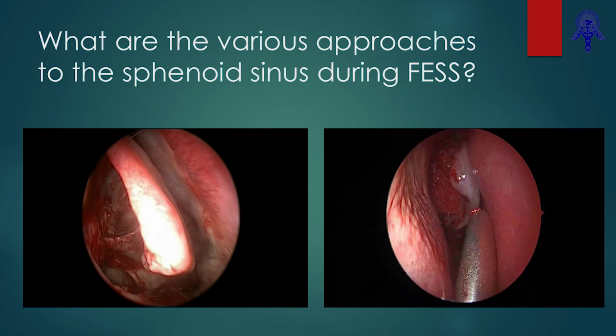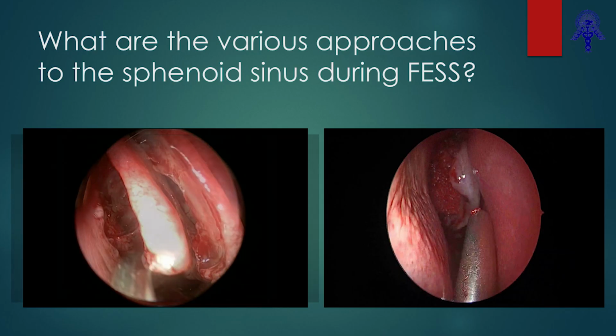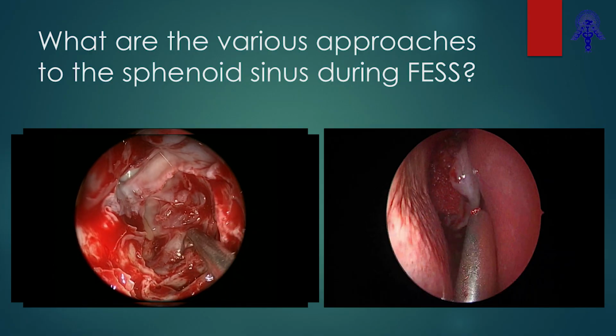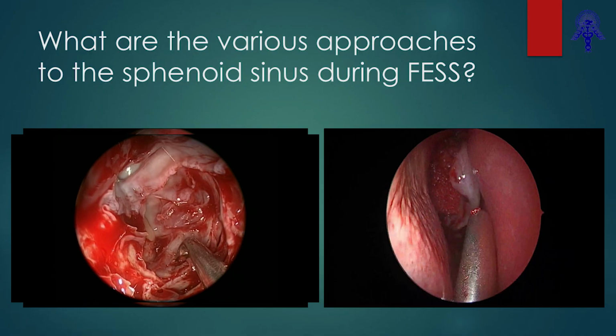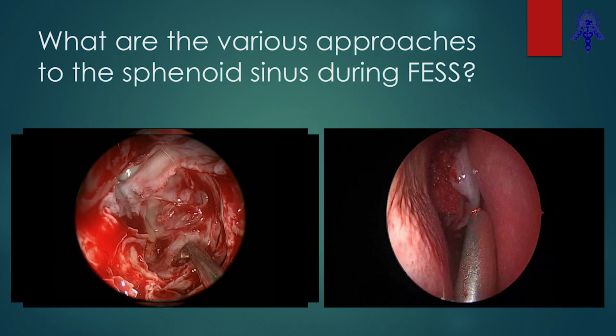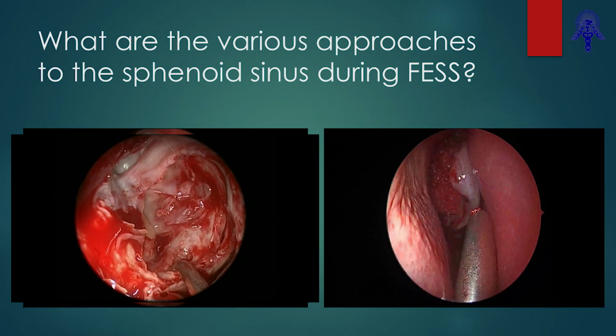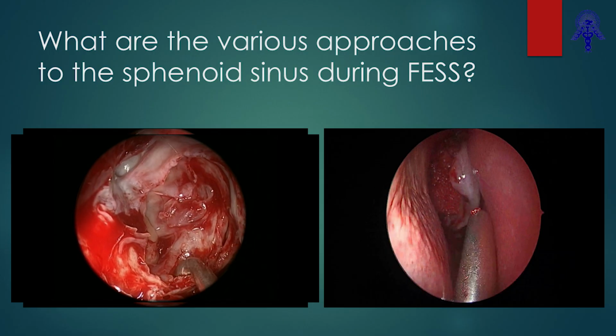If you go from the ethmoid side, ethmoidectomy cavity here, sphenoid sinus will be here. If you puncture here directly, it will be the lateral approach, but if you go towards the superior meatus from here through the middle turbinate, then you can again identify the natural ostium and join the natural ostium with the ethmoidectomy cavity here. So this is actually a lateral approach which is just going posterior inferior to the ethmoidectomy cavity, and this one is actually